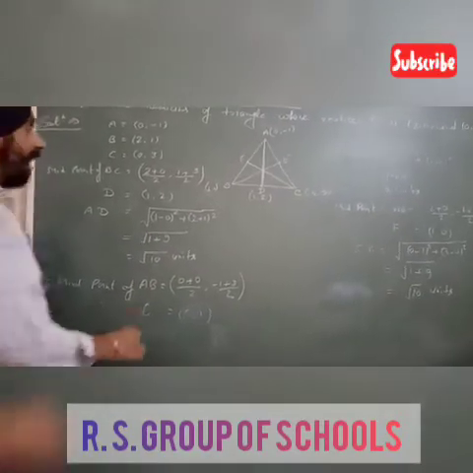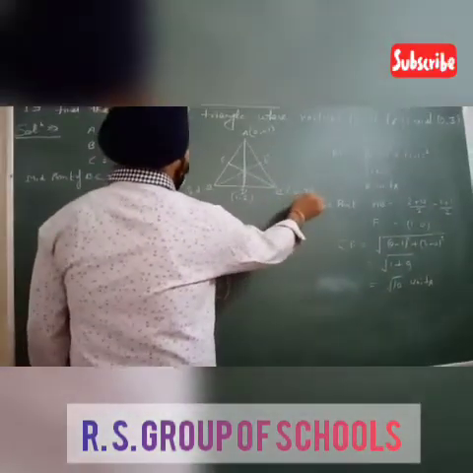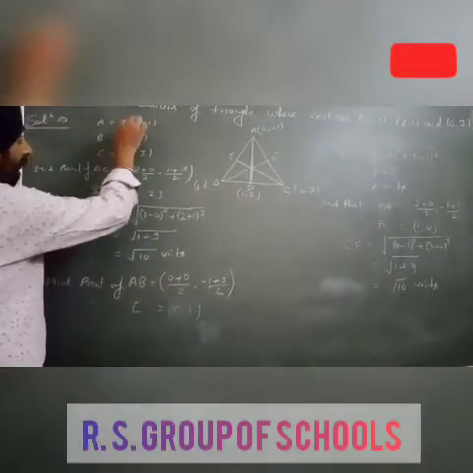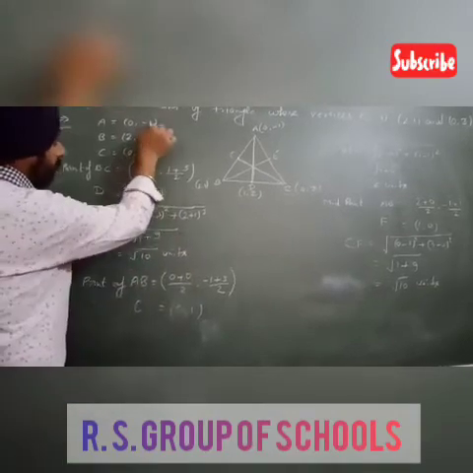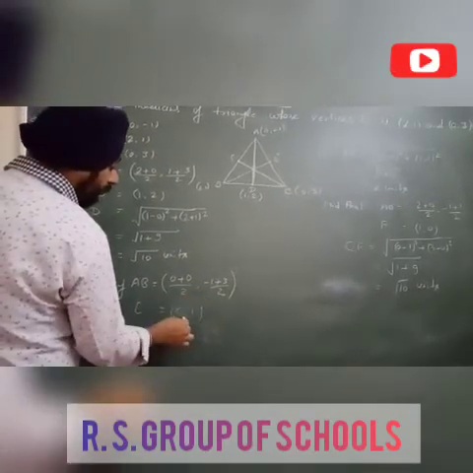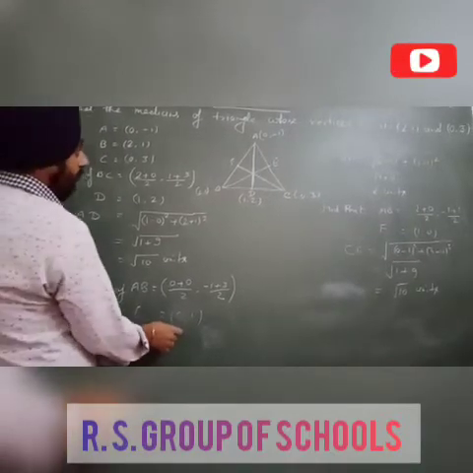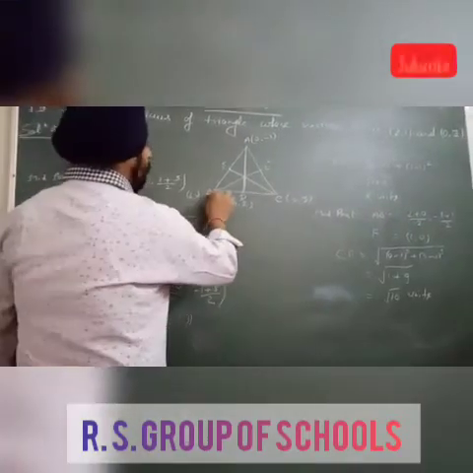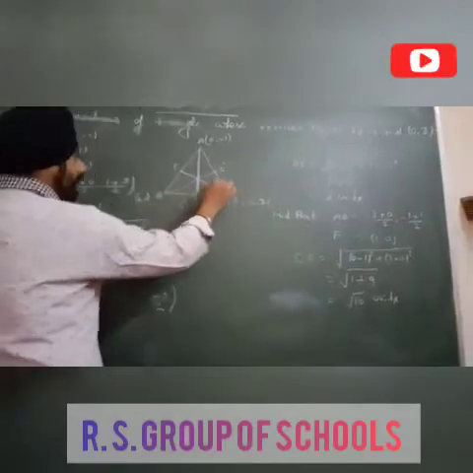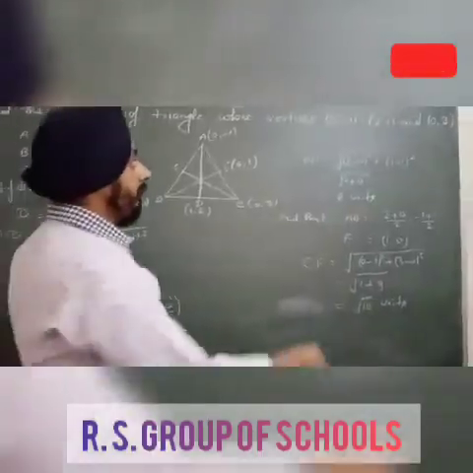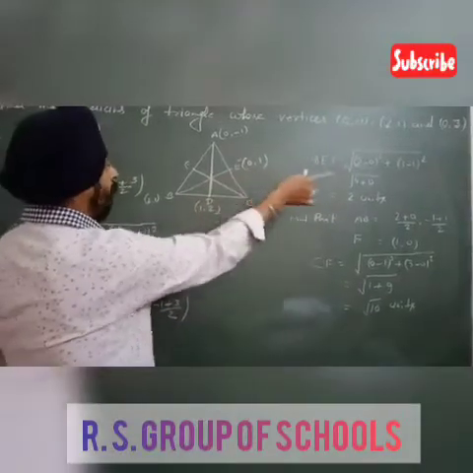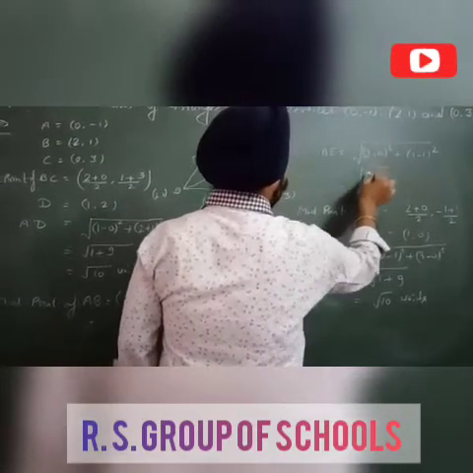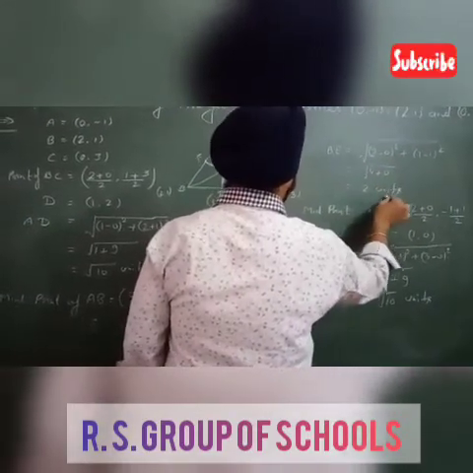In this way we find the midpoint of side CA. We let point C be (x1, y1) and point A be (x2, y2). Then (0 plus 0) by 2, (3 minus 1) by 2 gives (0, 1). So E is (0, 1). Now we find the distance between B and E. We have (2 minus 0) whole squared, (1 minus 1) whole squared. 1 minus 1 is 0, squared 0. 2 minus 0 is 2, squared 4. Then we have 2 units. The length of median BE is 2 units.